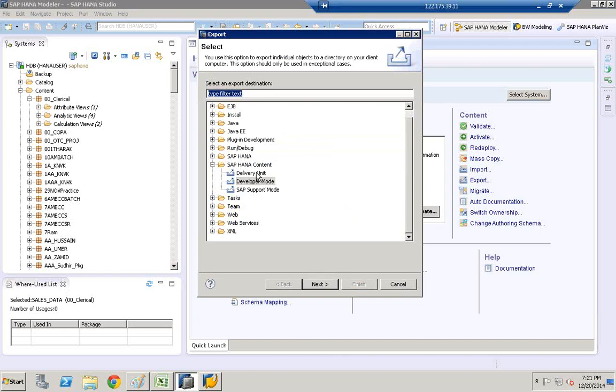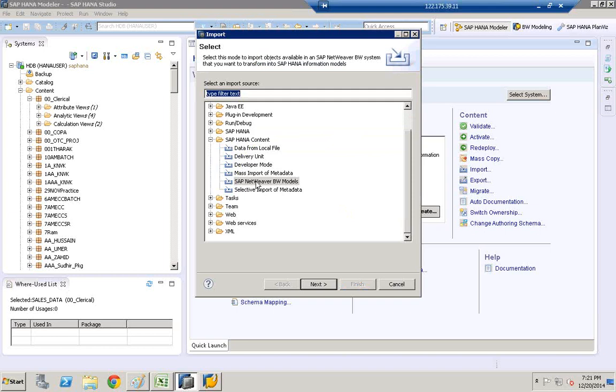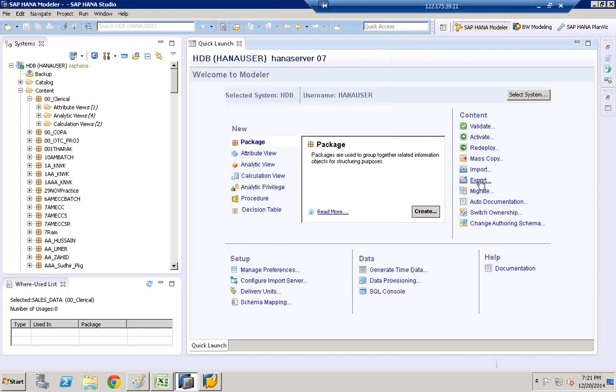Okay, thank you. So actually we are browsing through all these options that are available over here. Once you click import, you also see the other ones apart from SAP NetWeaver BW models: delivery unit and developer mode. So we'll see these options that are available over here. Now, especially when you do HANA transports,